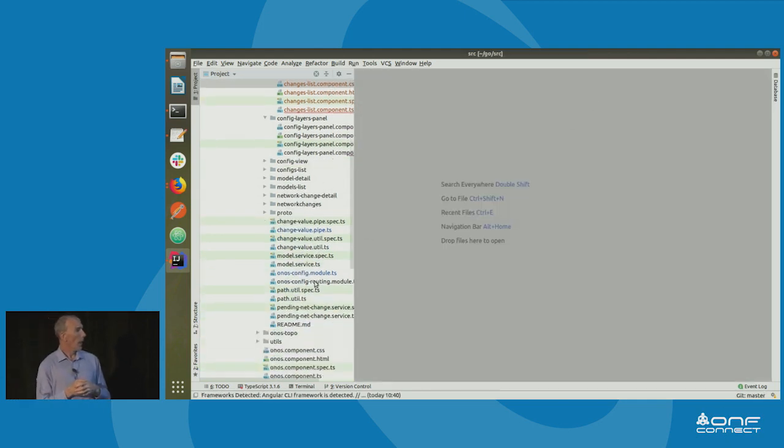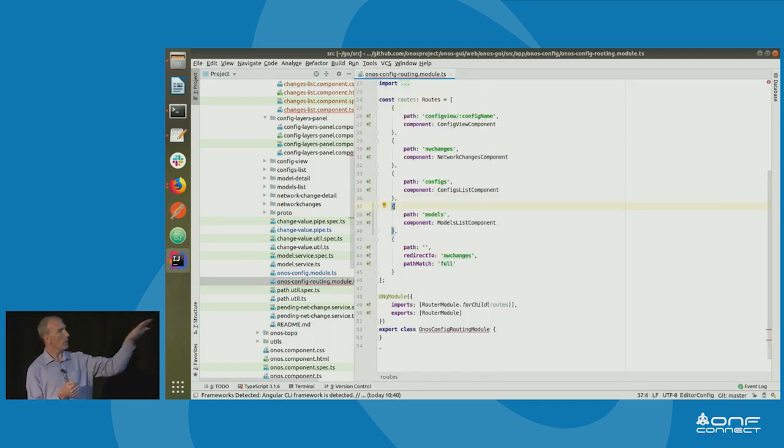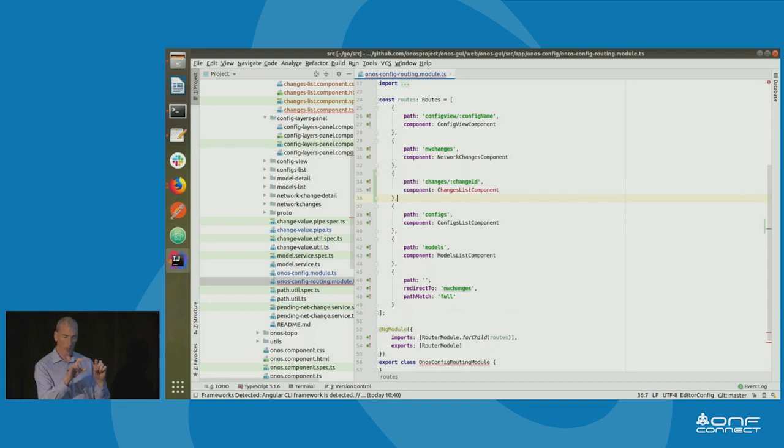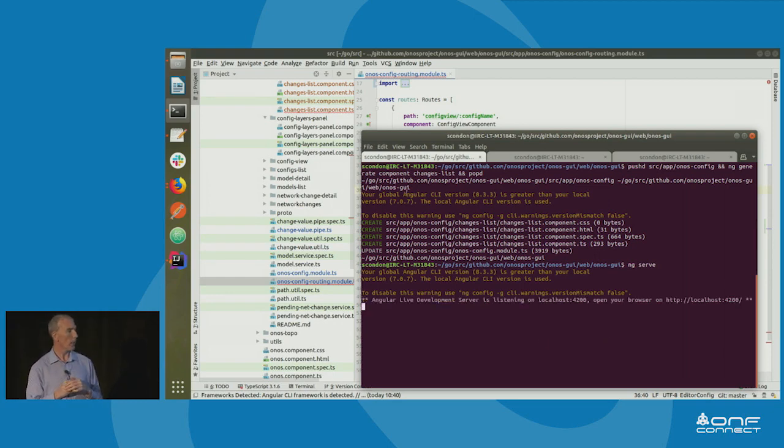Okay, so at this stage I've built my component, and what I'm going to do is just update the routing table now so that I can route to this component. So anytime somebody puts in a URL /changes and then gives a change ID, it will route to this automatically. So I just do an import of this component, and it jumps straight to the component, loads, and displays the table. So here at the GUI, I just do ng serve, Angular CLI, and it's going to make the GUI